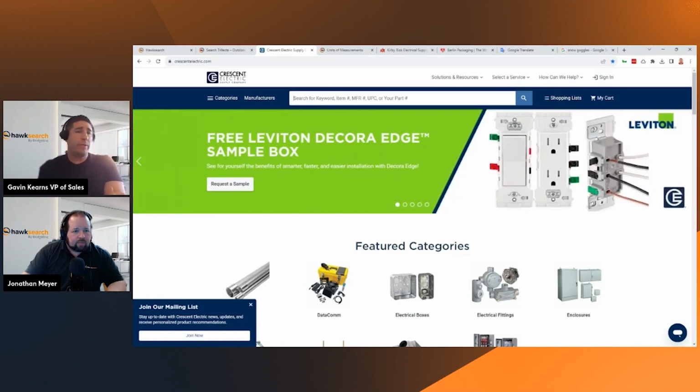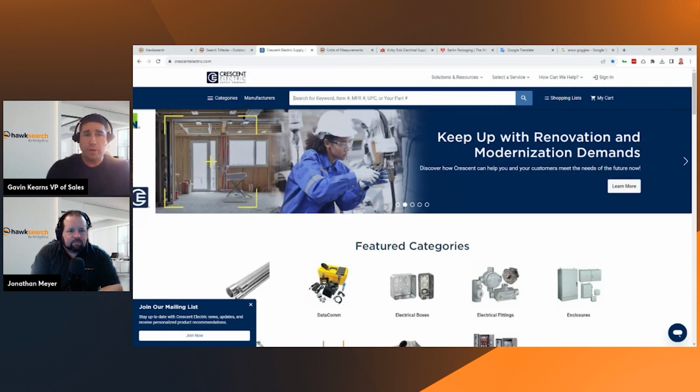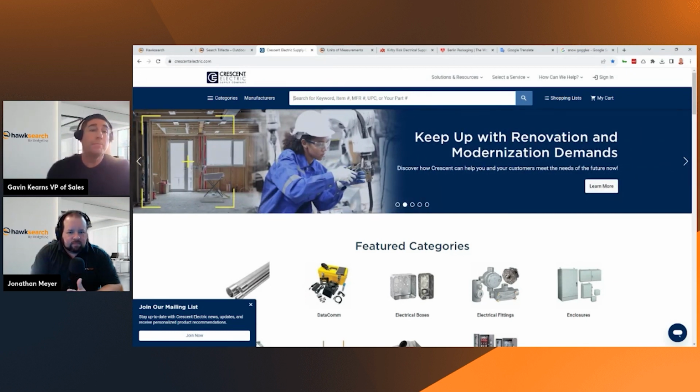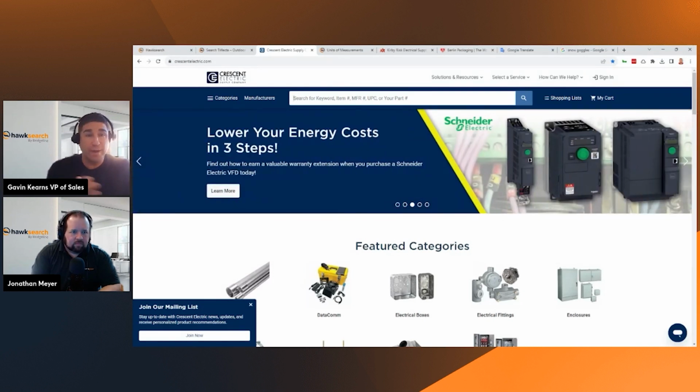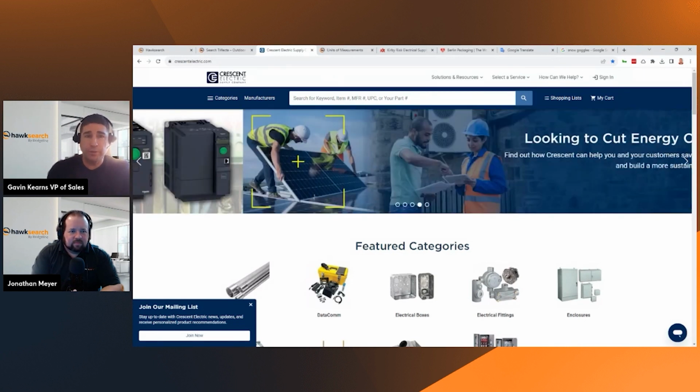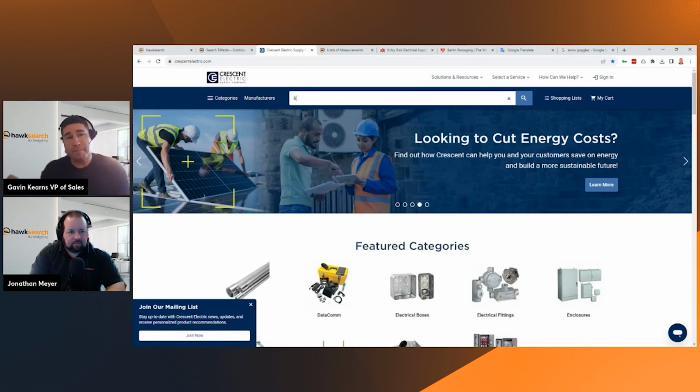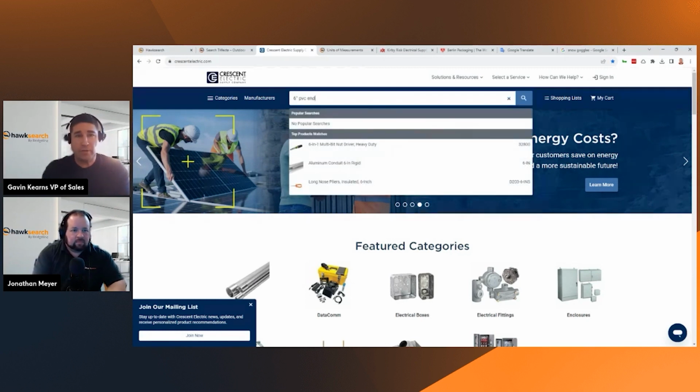Yeah, and let me just jump in quickly before you do it. What Jonathan's really meaning by how the data is structured is what we refer to as normalization. So in terms of Crescent Electric, a huge catalog, multiple vendors, multiple suppliers, and they're all having their descriptions given to them via the supplier. So nothing is really structured the same. What that has really allowed them to do is use our SIM and normalize everything to still get the same results back without having to manually maintain this all individually.